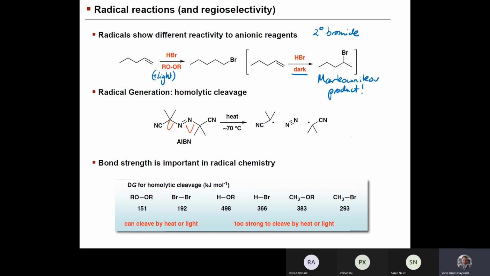So how does this all happen? Well, the first step in any radical process is generation of radicals, and this always happens through some kind of homolytic cleavage. You add some kind of radical initiator, and probably the most common that's used is AIBN. It is certainly not the only one. Now, in this